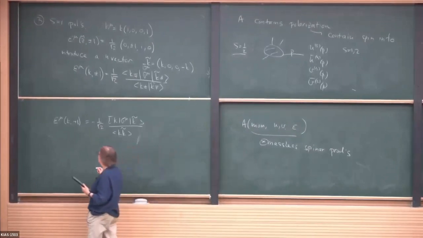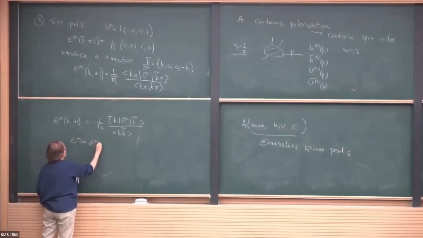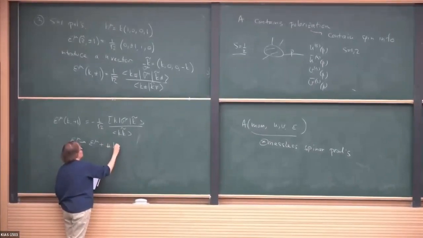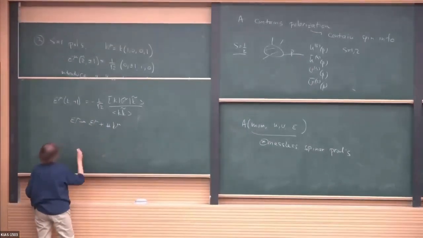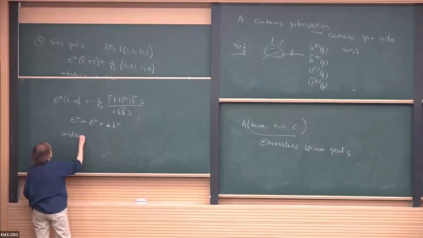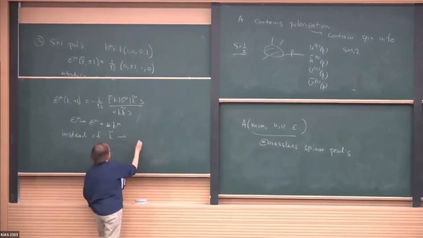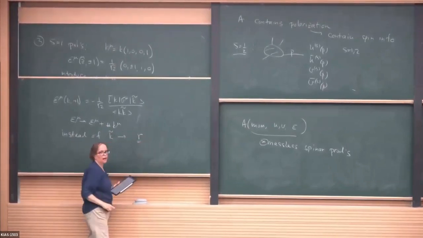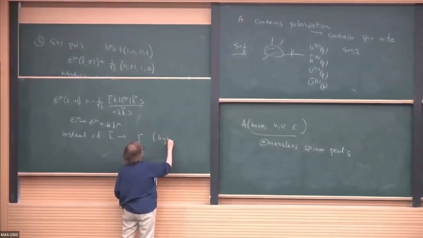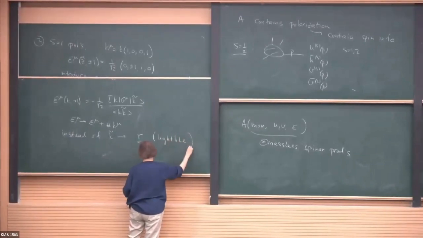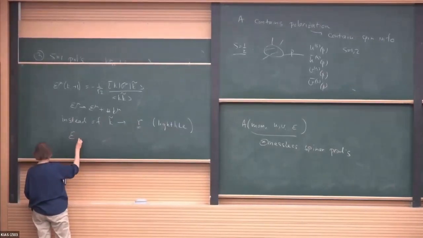But remember that this is kind of arbitrary. I can take epsilon mu and change it to epsilon mu plus some number times k mu. So actually, instead of working with this k vector, we can replace it by any arbitrary vector r. So this r is some arbitrary light-like momentum. And we can write our polarizations in the following form.